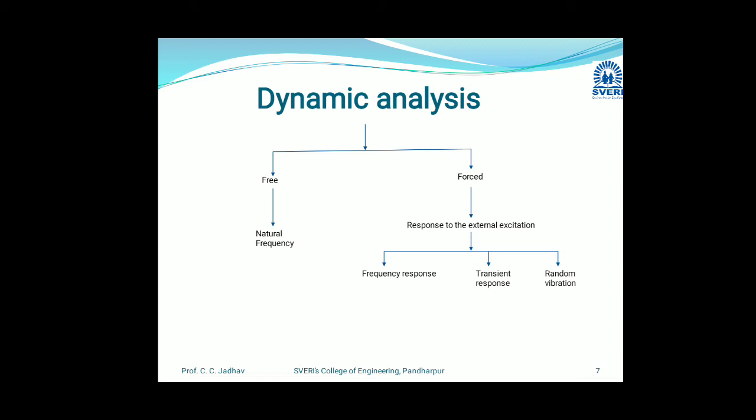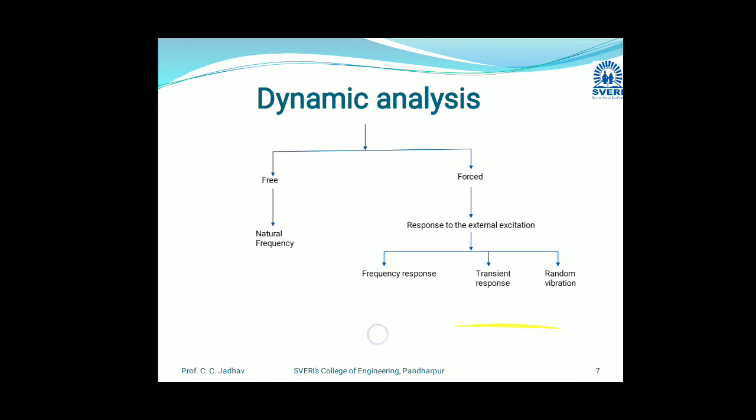So in that dynamic analysis, first, that is the natural frequency, which is totally based on its own excitation. Second, forced: in that, frequency response is the frequency domain, in that steady state sinusoidal excitation is there, linear. In the transient response, it is the time domain, so it is an arbitrary but well defined excitation. And last, that is random vibration. It is a nature of the loading where input is in the form of the power spectral density. So this is the dynamic analysis type. We are using this type of analysis in the mass damper system.